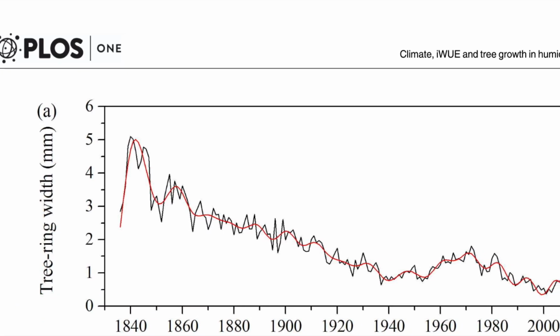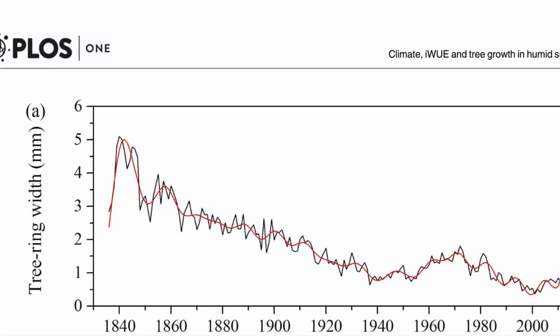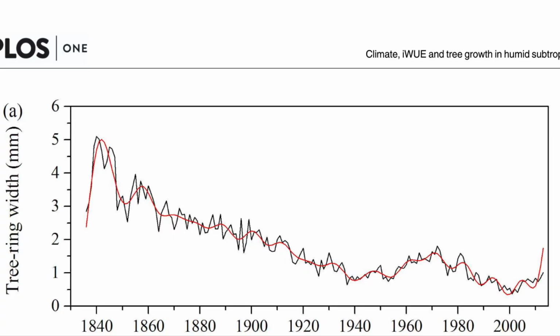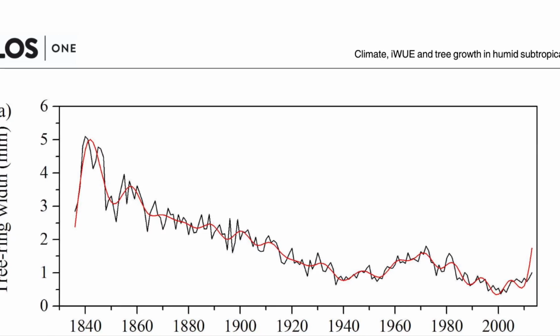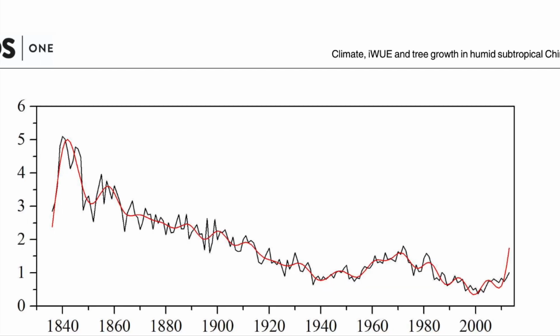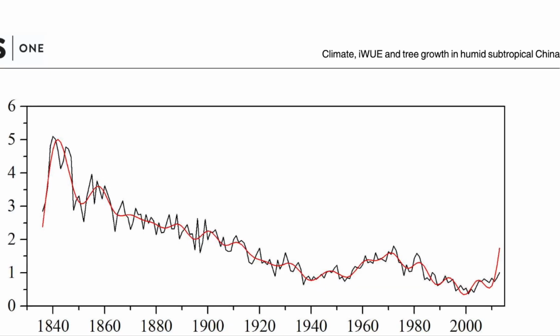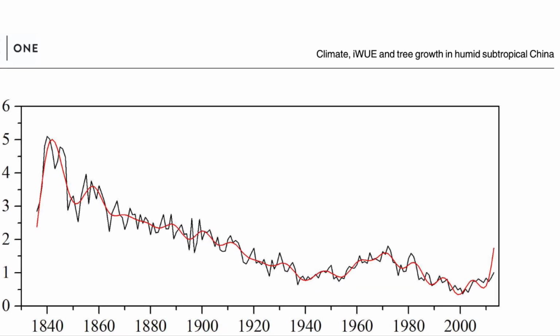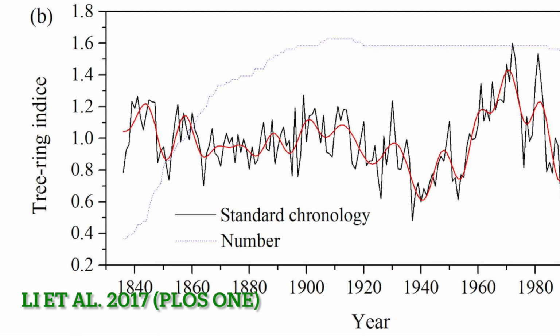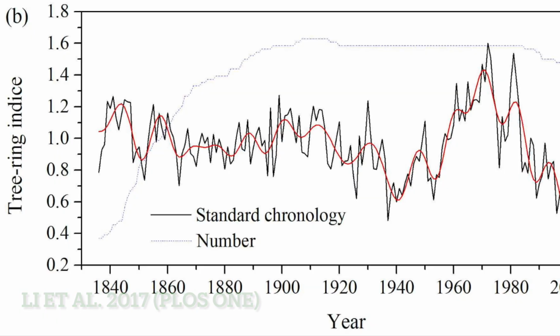Taken all together, we can plot the growth patterns of trees in an area over time, and it looks like this. We call this a chronology. Notice the data trends downwards. It's because rings tend to get thinner as the tree ages. Not necessarily because the tree is slowing down, but because the tree is getting bigger and it takes more wood to cover the tree. When we standardize the tree data to account for age, the chronology will look like this,